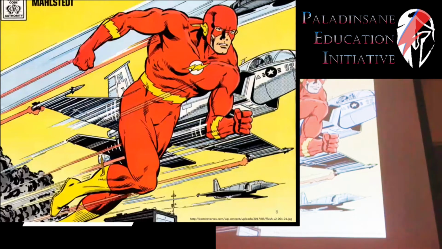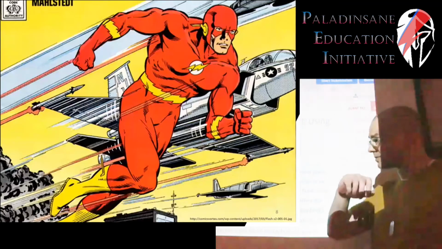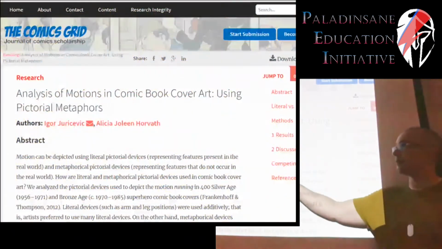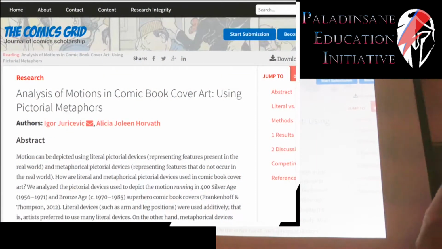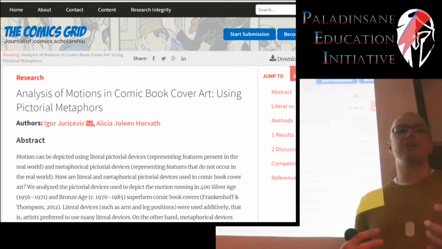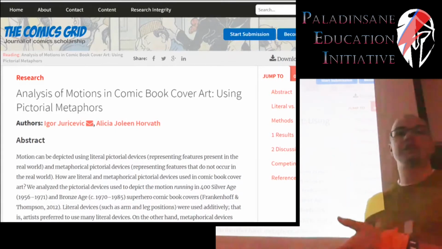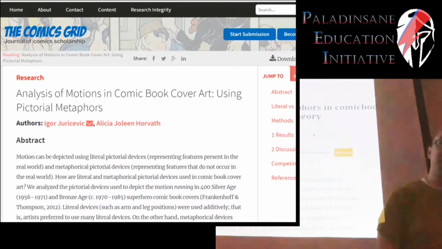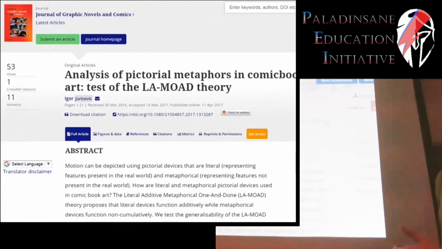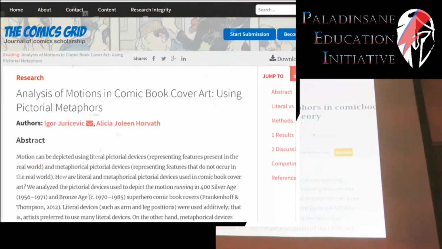So we took a look at all that, and that was actually published with one of a former student here at IUSB, where we took a look and reported on how the mind understands metaphors and literal information and how to combine them. So we actually got 2 publications out of that, one in the Comics Grid, Journal of Comic Scholarship, and then the other one in the Journal of Graphic Novels and Comics